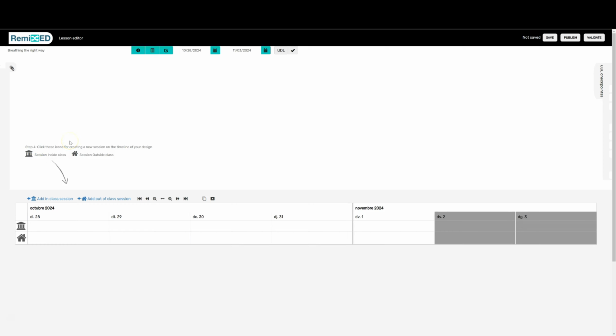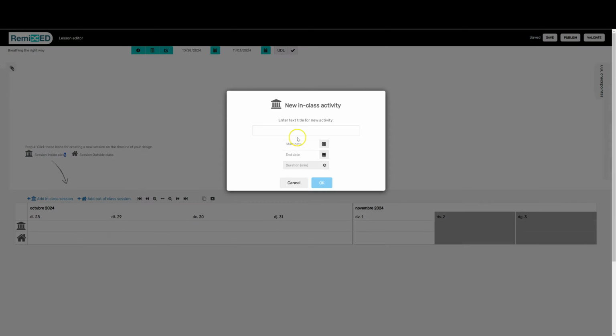So a key thing is that there are something called session inside class and session outside class. So now I get a calendar and I can see here that there's something called session inside class and session outside class. That is if you want to do some flipped classroom teaching. So I'm going to add an in-class session,